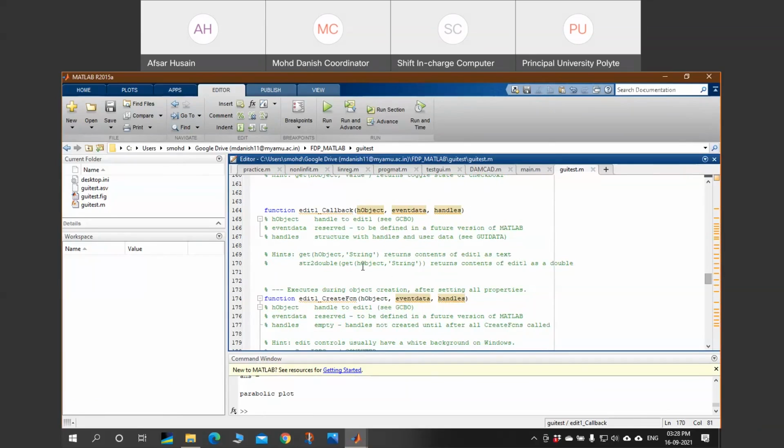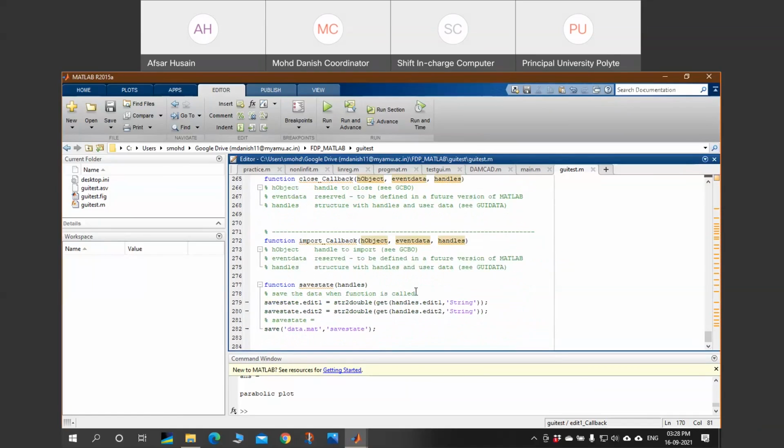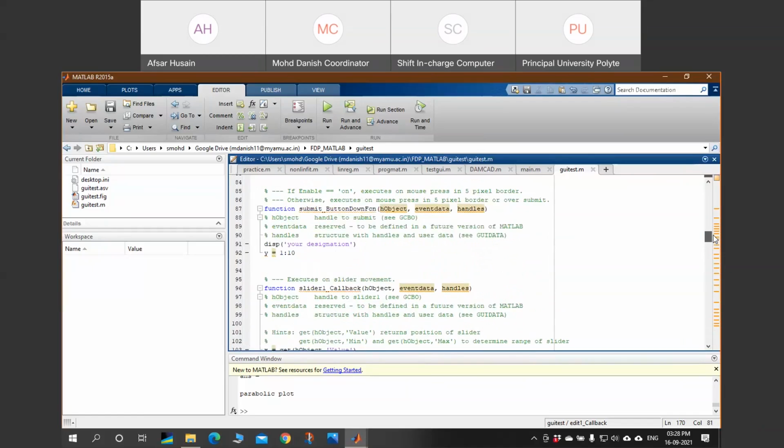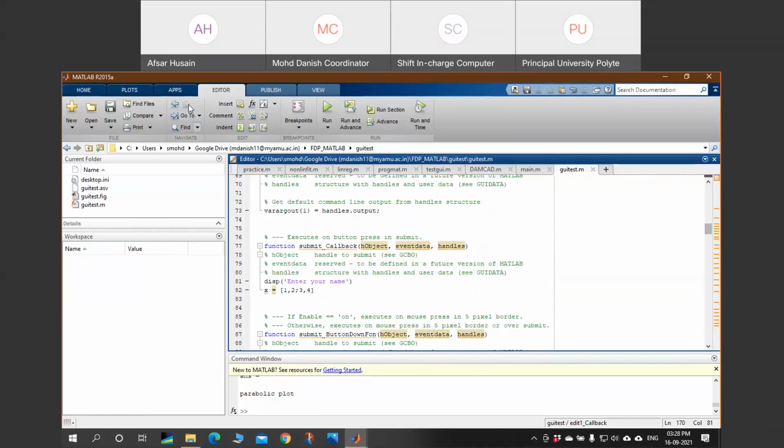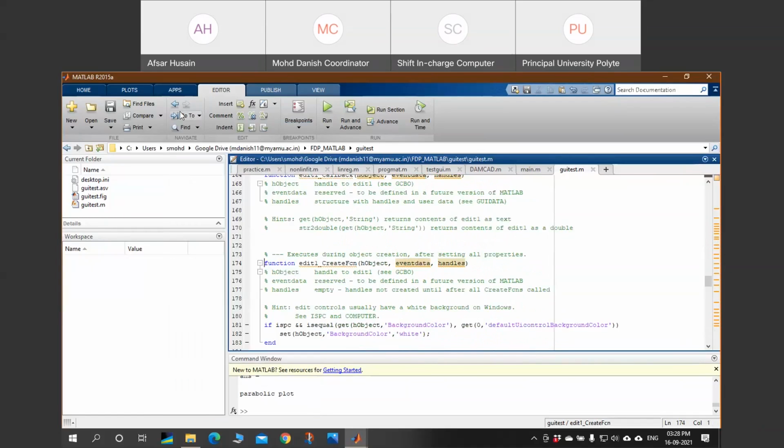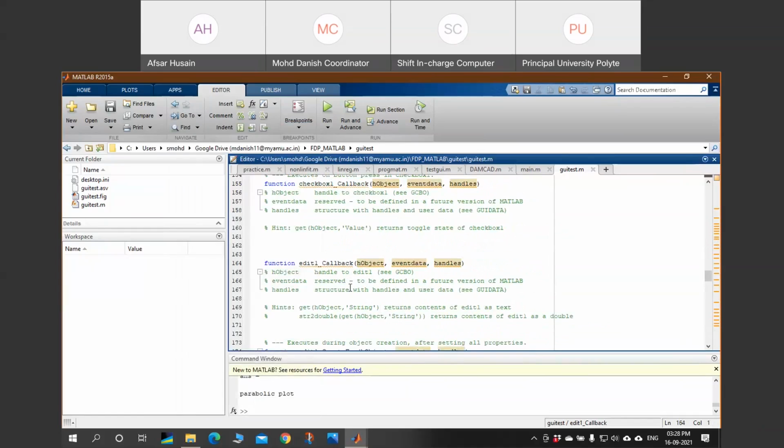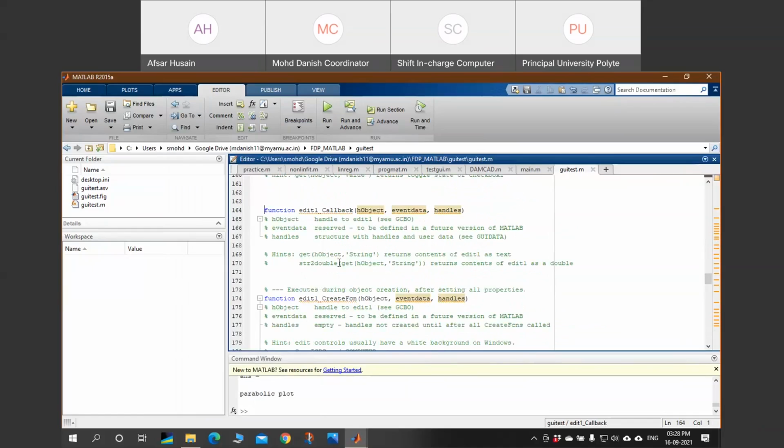There is a minor thing to note over here. Instead of using h object, in the main callback function you can see it is written str2double get h object string.